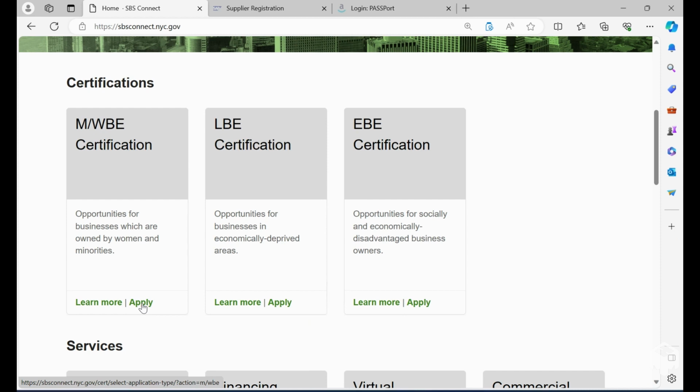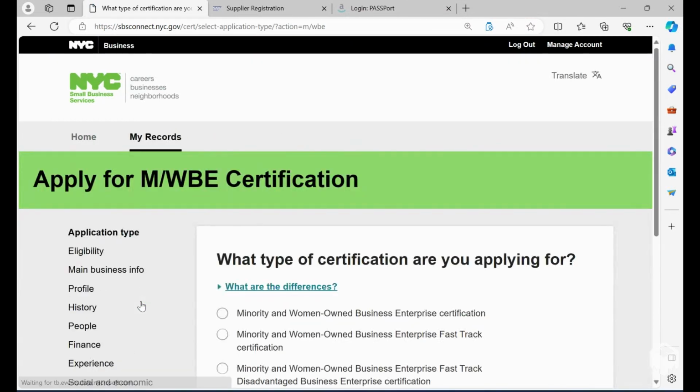So once you have decided that you have all the proper documents required to complete your certification and you qualify, you're going to go here and click apply. Now, the first step you want to do is create a username and password for this website.